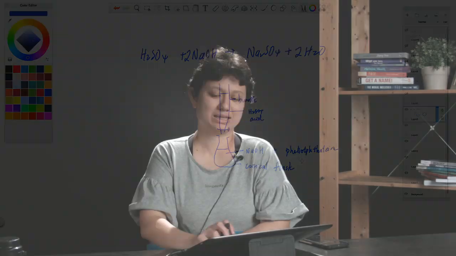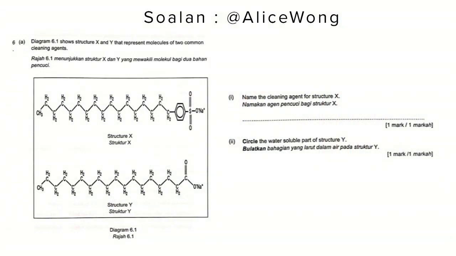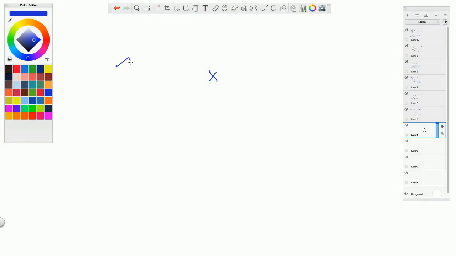Okay. All right, can I have the next question? Ooh, okay. So, from Alice Wong, diagram 6.1 shows a structure X and Y that represents two molecules of two common cleaning agents. Okay, now, if you were a student taking this exam, all you would see was carbon, carbon, carbon, carbon, and then you would get a shock. So all you need to see for X is that it goes on and on and on, and it ends with